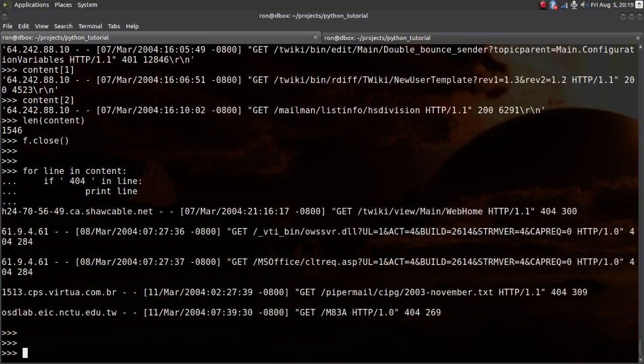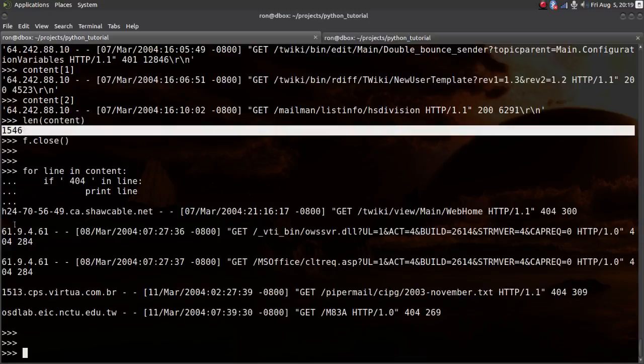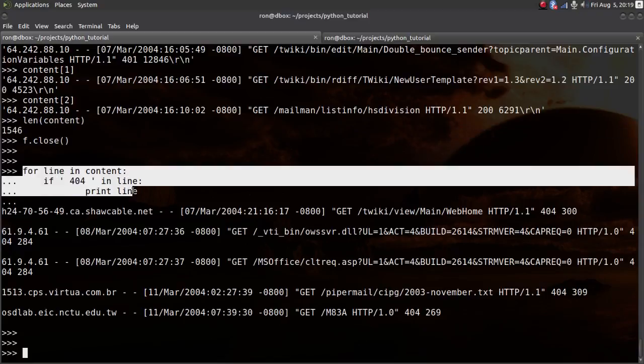And it looks a little odd, but once you get used to the way that they're written, they're very powerful because they're very efficient, very fast. And so if you're having to iterate over a very large data set, so this was only 1,500 lines, but let's imagine we're talking thousands or hundreds of thousands of lines. There's a good speed gain, an efficiency gain by doing so with a list comprehension rather than a loop like